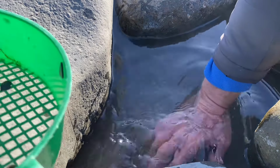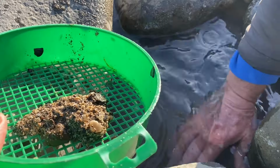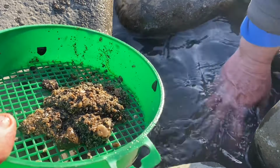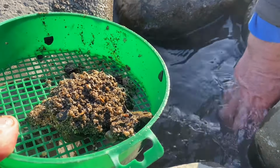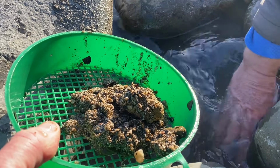to start doing a bit of sieving for Susie. She likes these sieving videos. I'm going to heap up this sieve and see what's inside. I'm looking for iron pyrite ammonites and crinoid. Even a backbone of an ichthyosaur would be a really nice find in amongst these rock pools where concentrations of